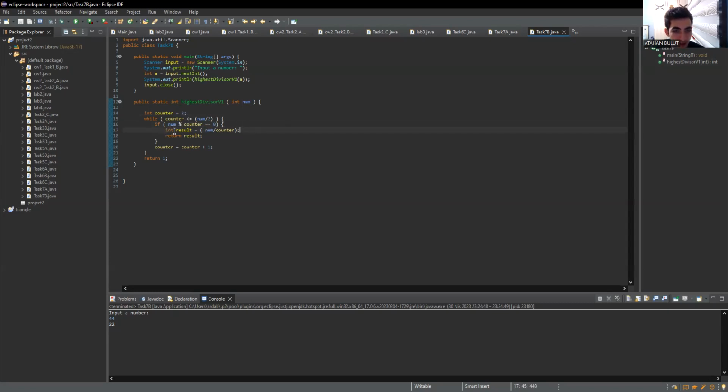Then we create an integer, and its name is result. Then we assign this value to result, and that value is half of num, basically, because counter is 2, so num divided by 2 is half of num, and half of the even numbers are the highest divisors of them, so we return the result as the highest divisor. If it's not an even number, then it's an odd number, so